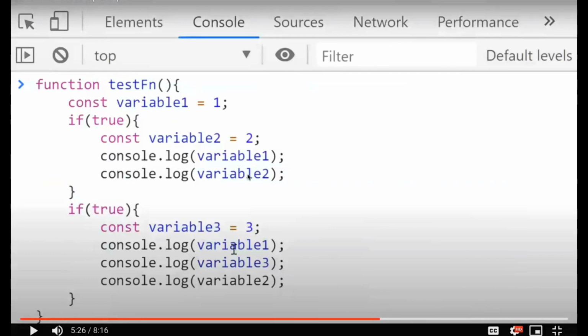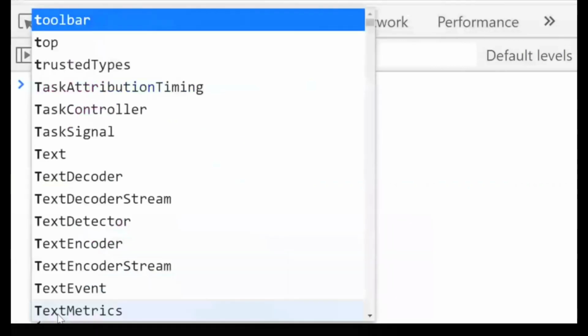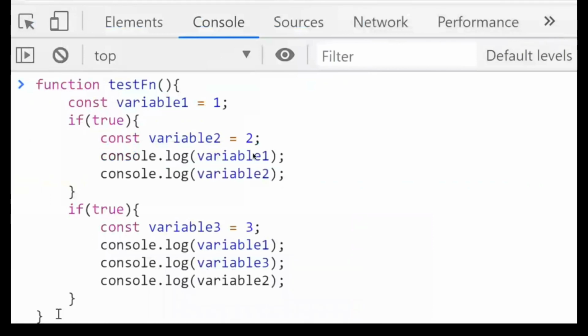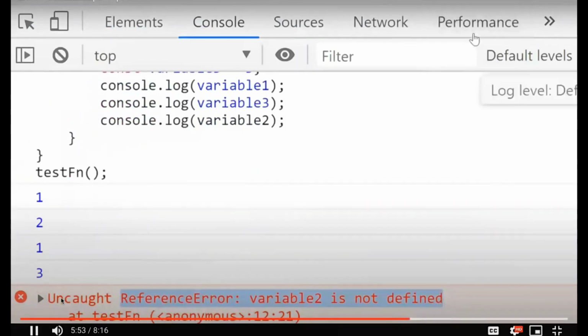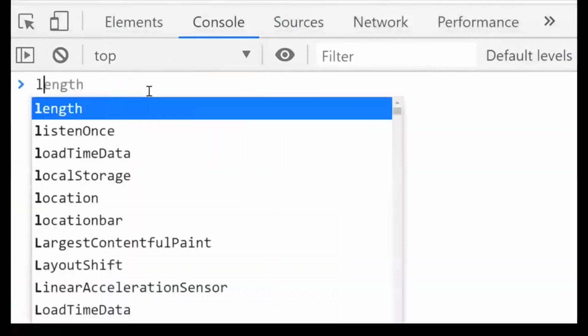Let's see the answer. So this is the value of variable 1 and variable 2. Variable 3 and variable 2 can't be accessed inside the third block. That's why it's throwing an error.